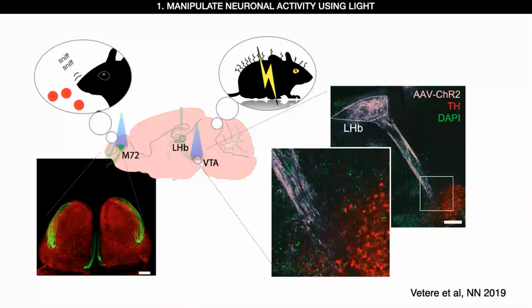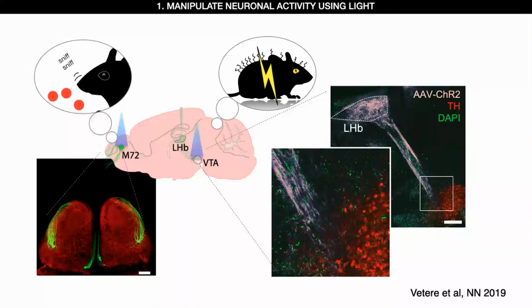And the next time that we presented the animal with the same odor, we would be able to see that the animal is fearing this odor, is avoiding this odor, which is indeed what we were able to do. If you're curious about it, I can share the paper with you, and we can discuss it later. But this is for me just an example to show you that we can use transgenic mice that are already expressing channelrhodopsin under a specific promoter, like in this case for the M72 olfactory receptor,